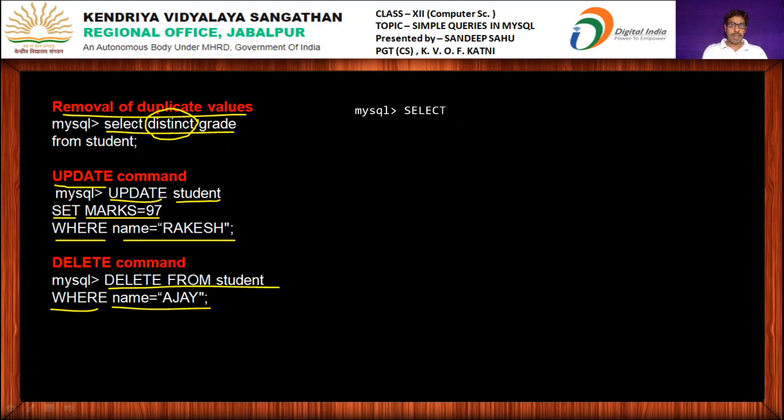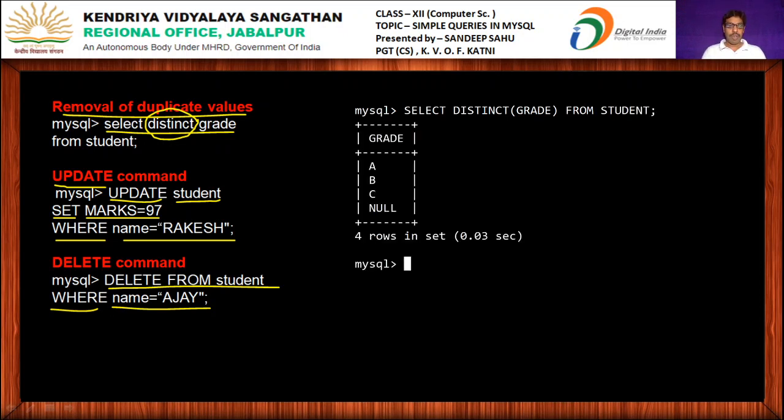Select distinct grade from student. So you can see here there is no repetition of grade, only distinct grades are coming.